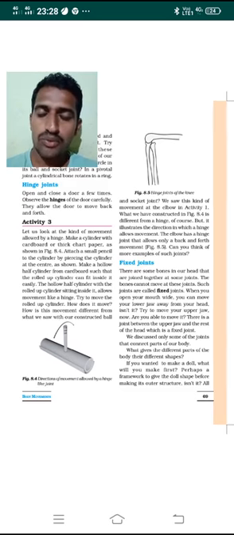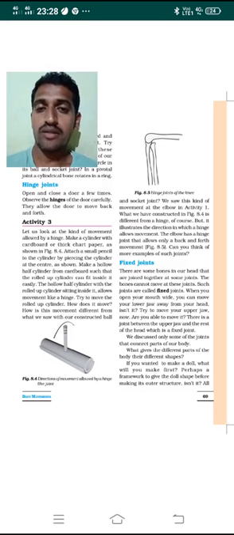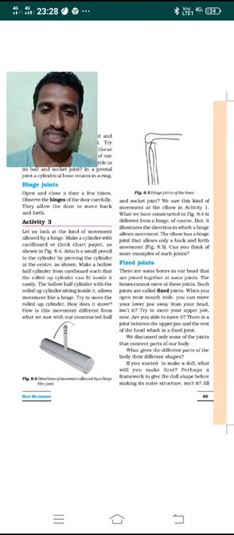The bones cannot move at these joints. They can move only at particular places, right? At these joints the bones cannot move. Such joints are called fixed joints. Where the bones are connected at some joints and they cannot move, they are not able to move, such joints we call fixed joints. Let us discuss some examples here.